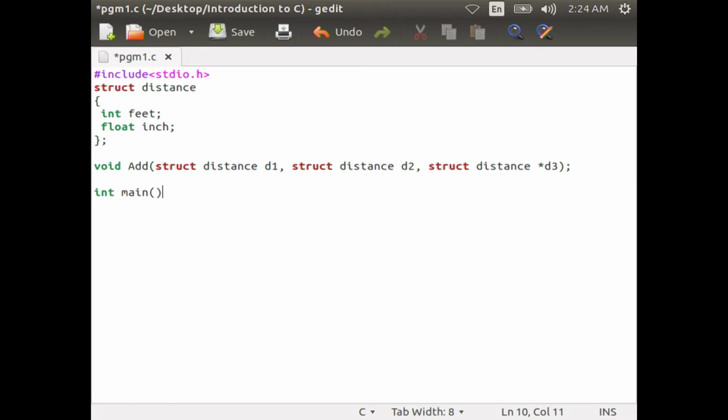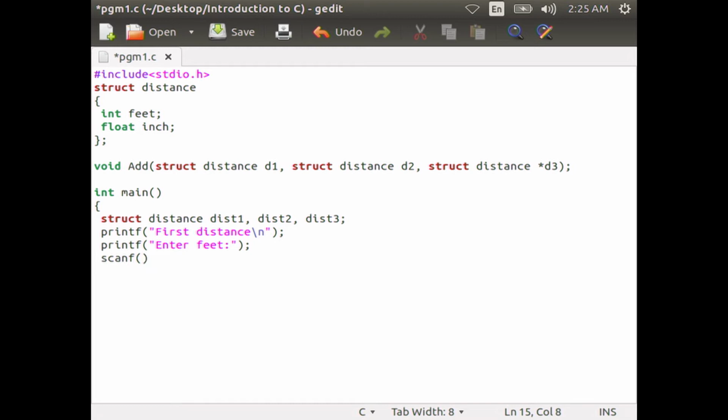Then within the main, int main within curly braces, struct distance dist1, dist2, dist3, then printf "first distance", printf "enter feet", scanf %d ampersand sign